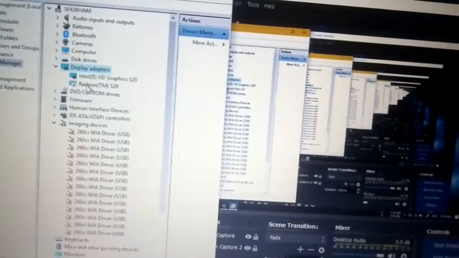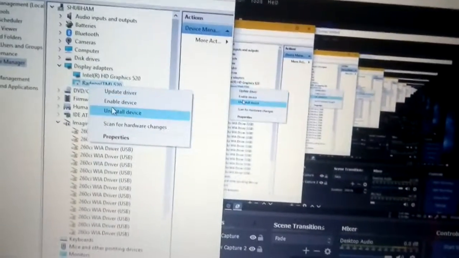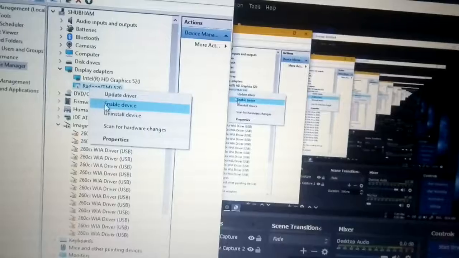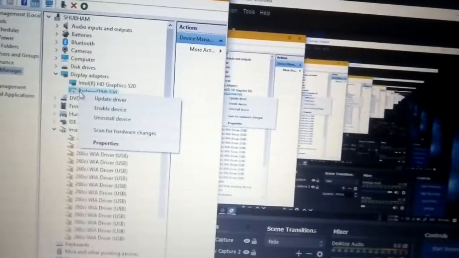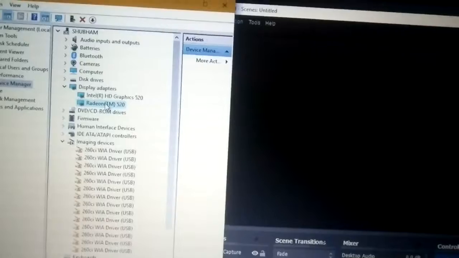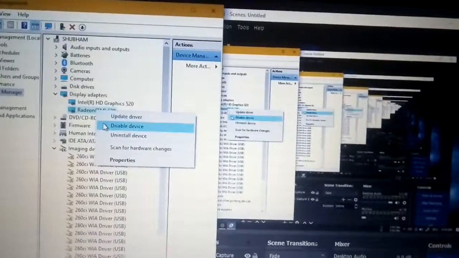Then right click on Radeon. I've disabled it; it will be enabled on your PC. Just right click on it and disable it. I am enabling it. It's working, and now if I disable it, yes,